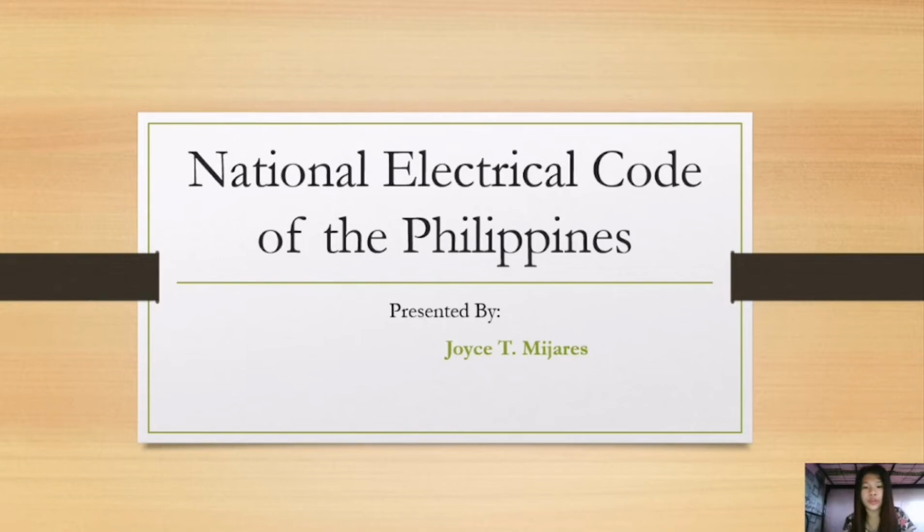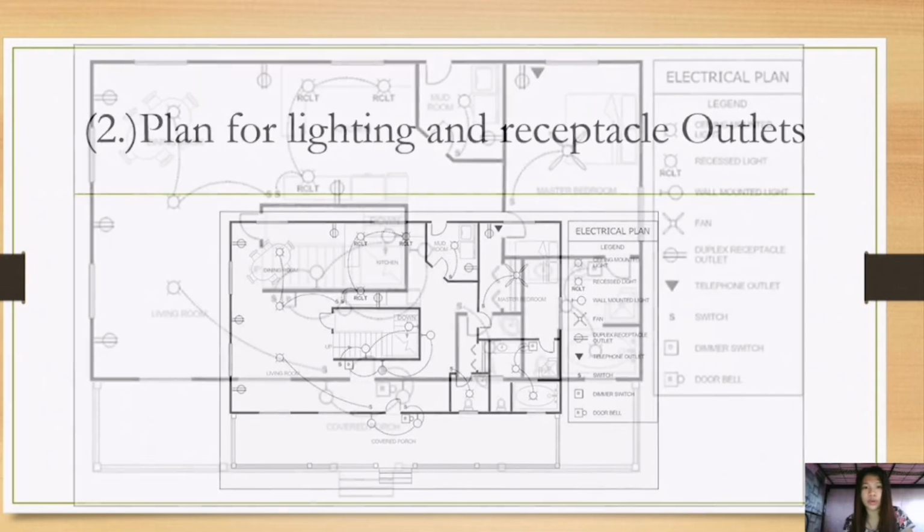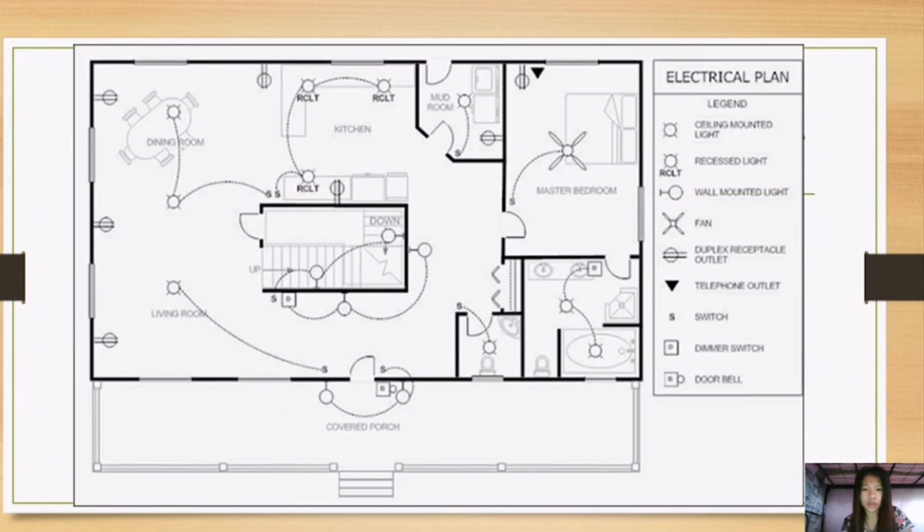So we go under the electrical layout number 2. Plan for lighting and receptacle outlets. It is the layout and wiring plans for general lighting and receptacle outlets of the floor plans drawn to scale. So in the image, there are some symbols that are used to identify what's inside the electrical box. As you can see,